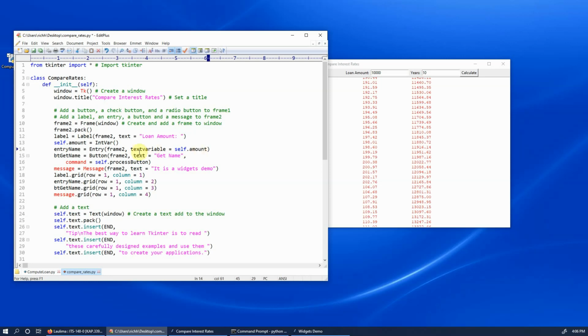Let's see. Entry name. This is going to be entry amount equals this amount, because it's going to come in as a text variable. And then this is going to be, I need years in here. So let me,